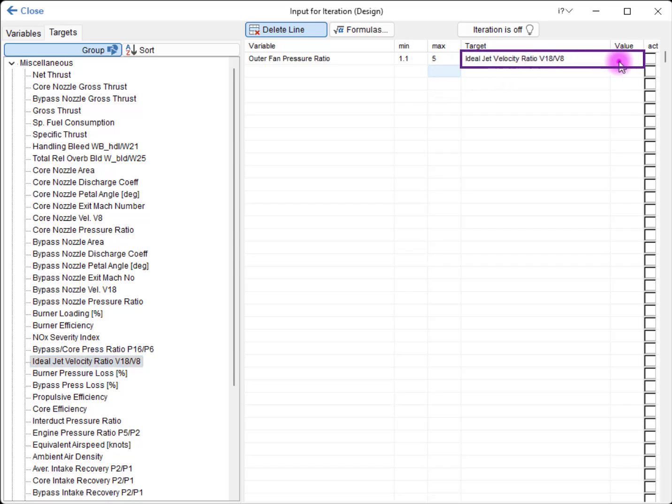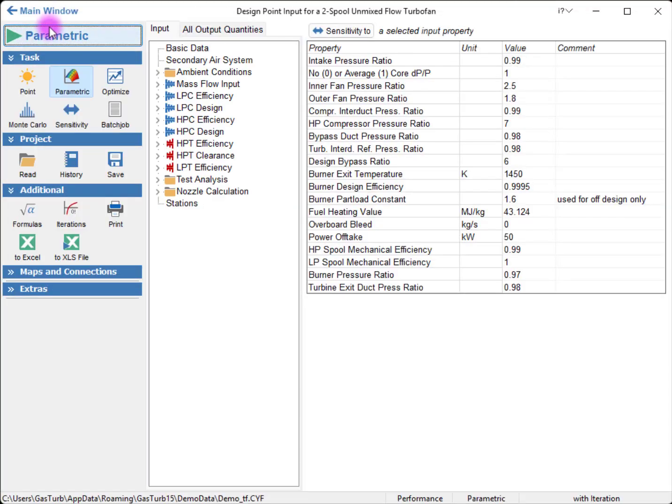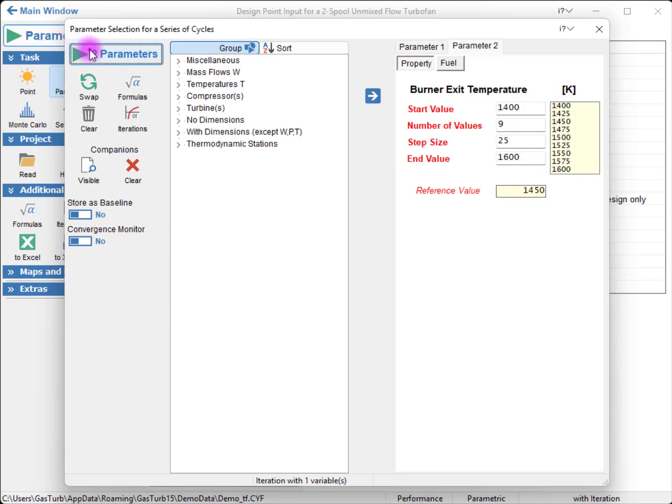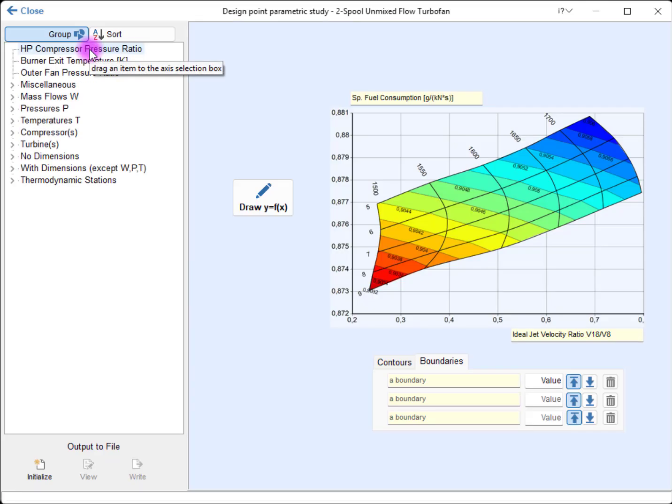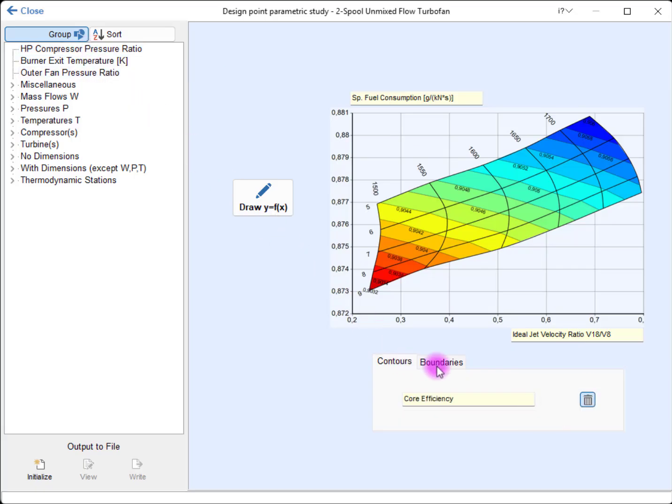Finally, we activate the iteration. Now, we can rerun the parametric study. Let us draw the diagram with axis, specific fuel consumption, and net thrust.